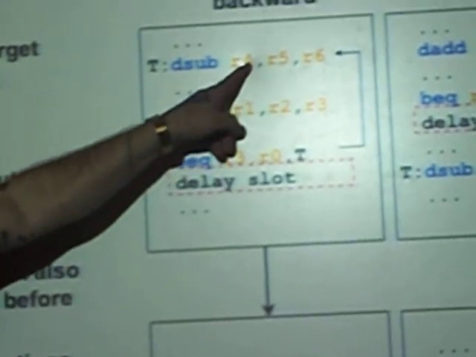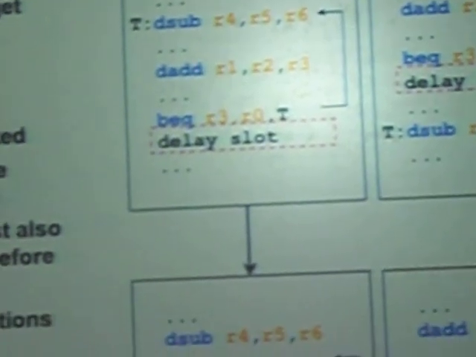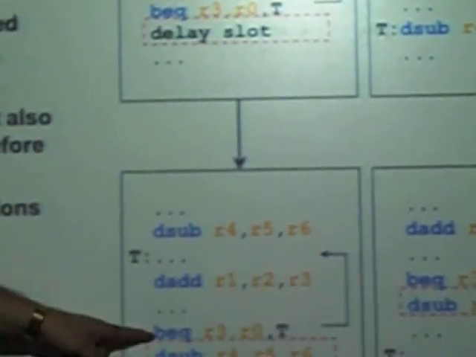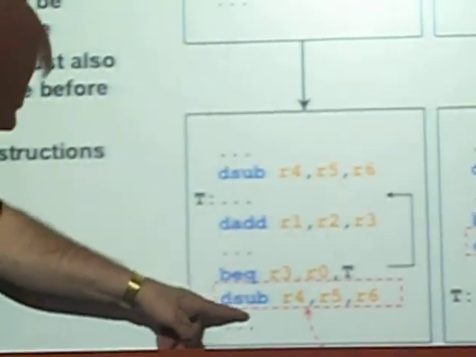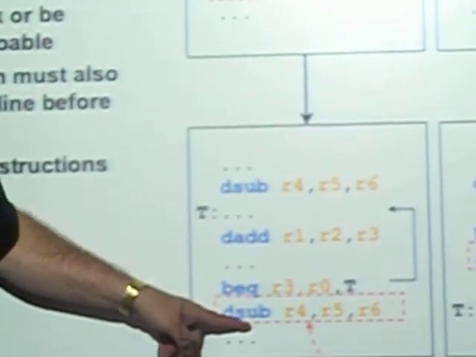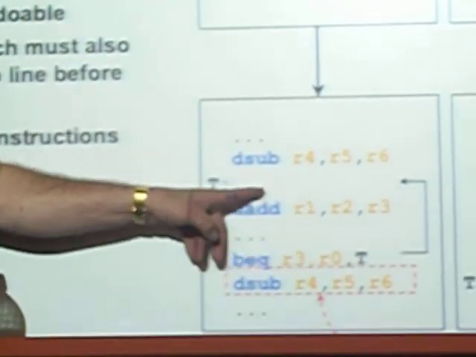R4 has a certain value there. Well, here it has a certain value. The difference is when I hit the BEQ, this is always executed. So you have to be careful that in executing it this second time,